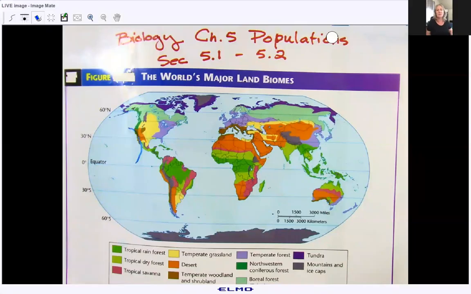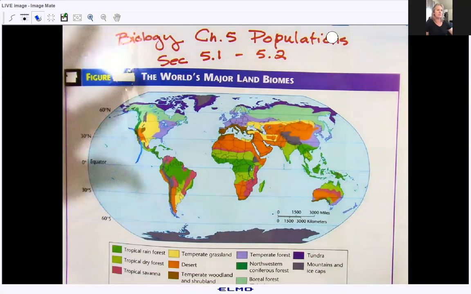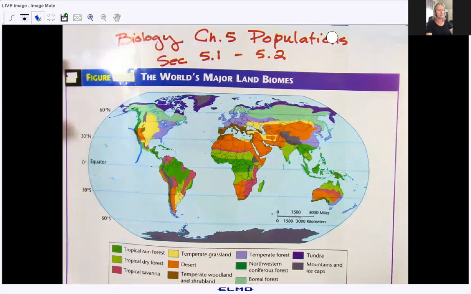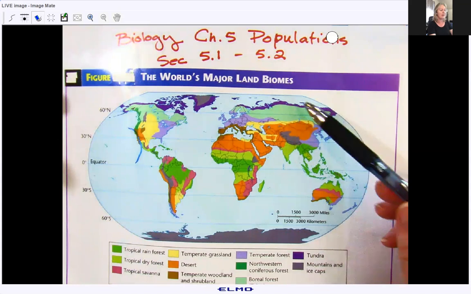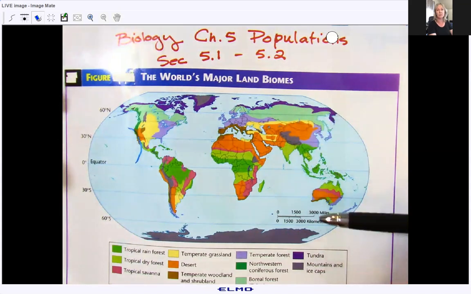Okay, we'll get started with our lesson on Chapter 5. It's Biology Chapter 5 on populations. It's Section 1 and 2. This section deals with population growth and some of the things that affect population growth and reading some of the